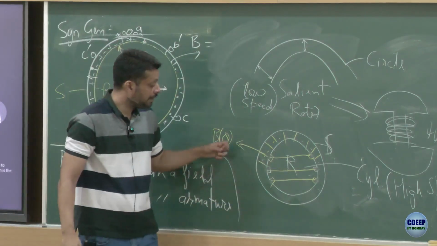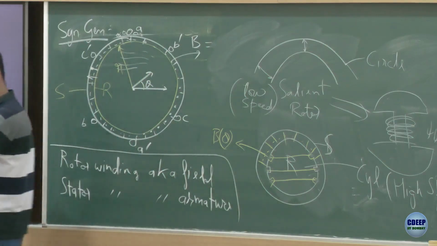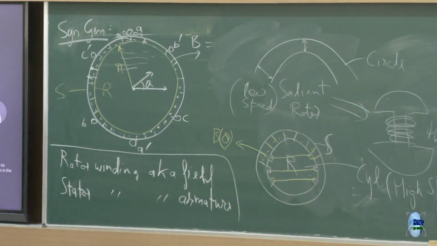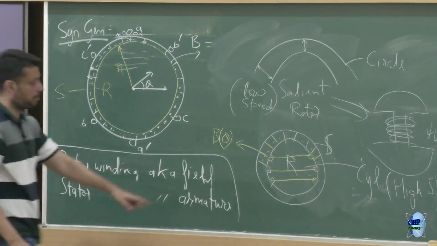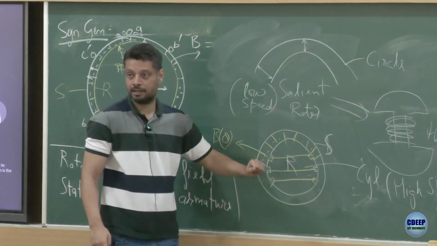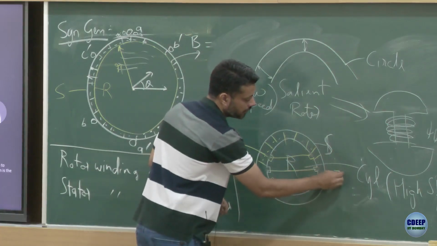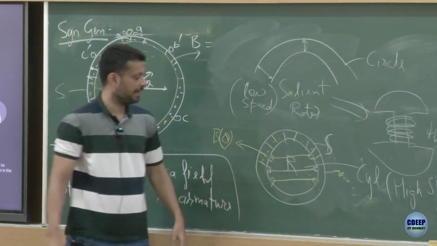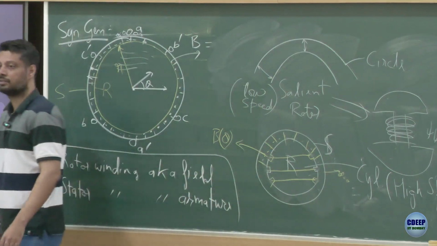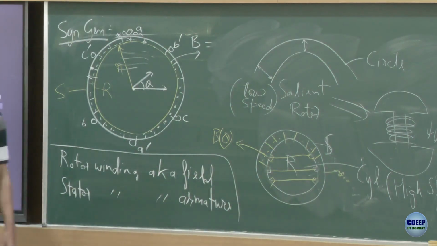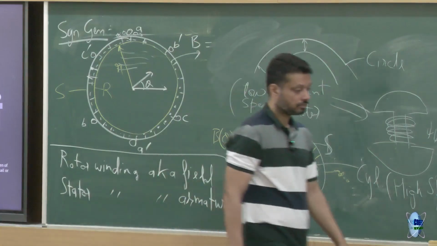Now the question is, will my B theta still be constant? If I start from this angle and go up to this angle, right? If I am assuming this as theta equals 0, then if I go from 0 to pi, will my B theta be constant? No, because